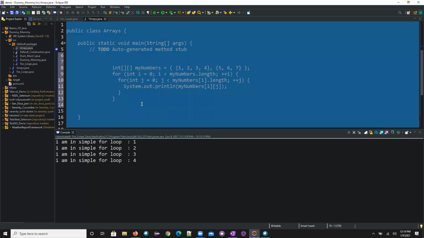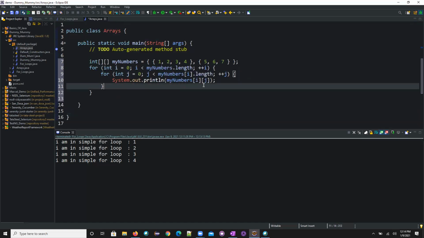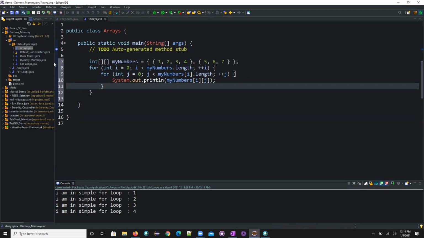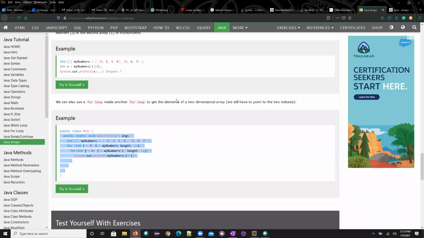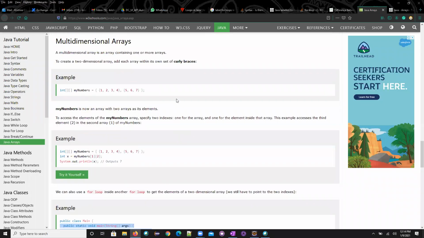Control A, Control Shift F. Now let's see how this will work. I'm directly showing the multi-dimensional array. I'll come to the single dimensional array program later.